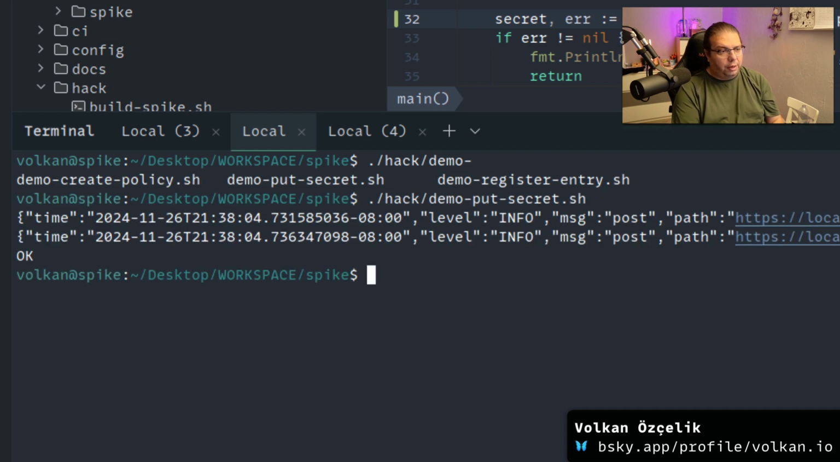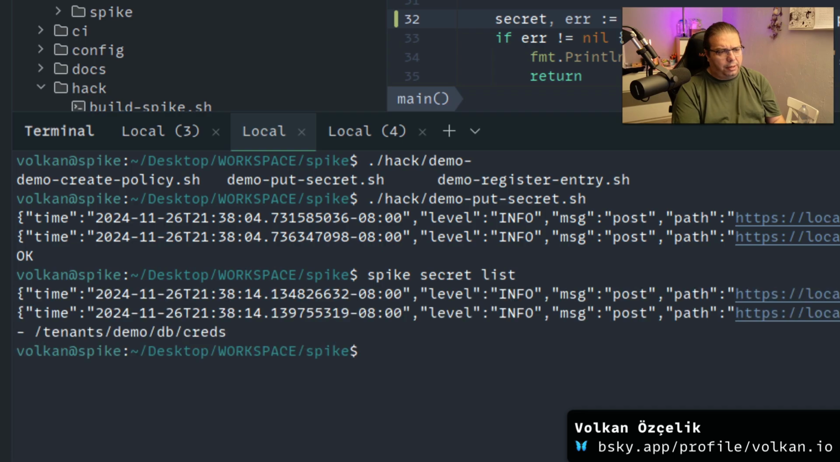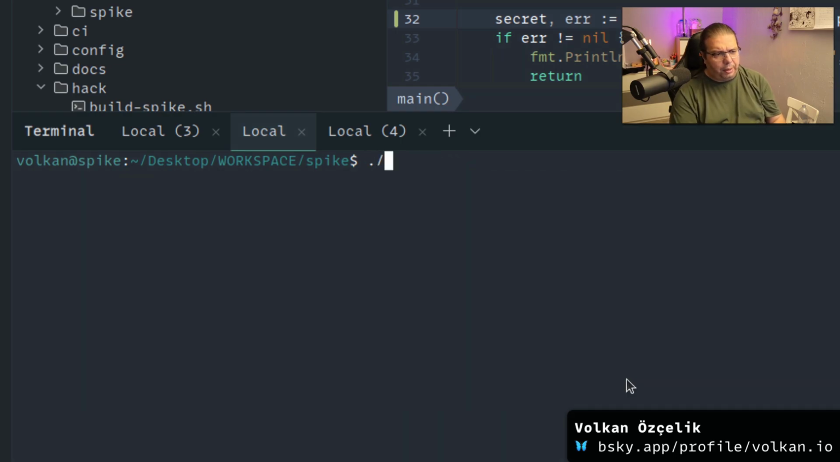put secret. Boom, we have a secret. So I can even say spike secret list to see that we have a secret listed. So we have created a secret under this path, but the demo application will not be able to get it still. Let's run the demo to see